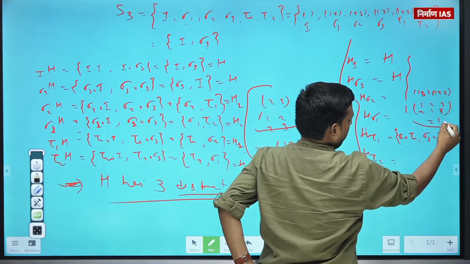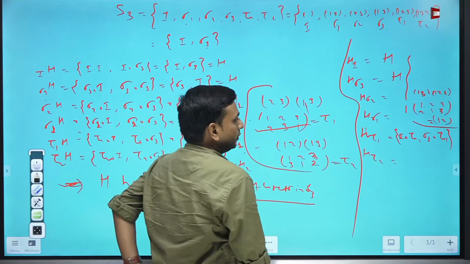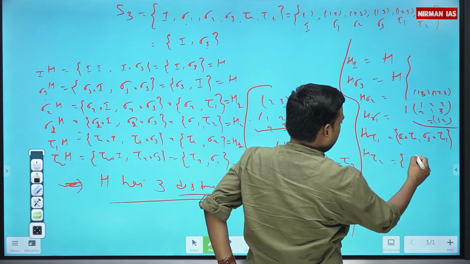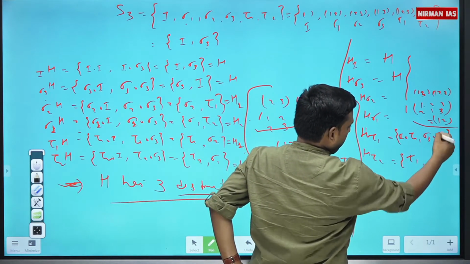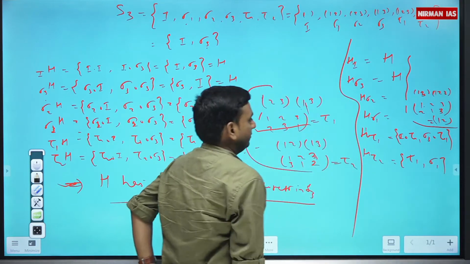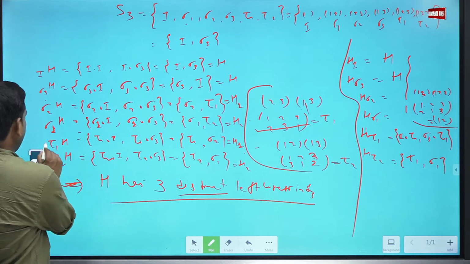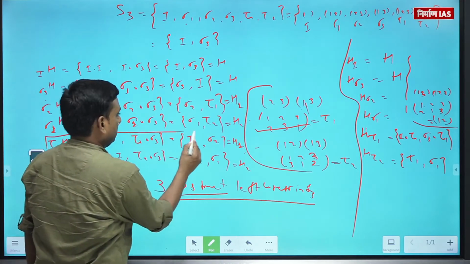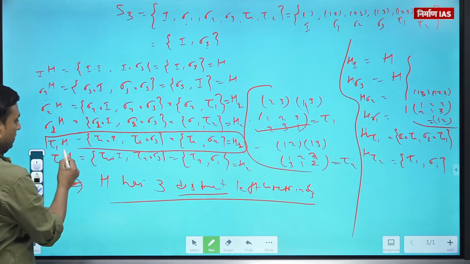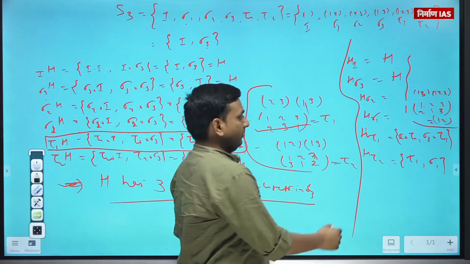So it is coming out as (1 2). So ultimately what you got, dear? Tau 1 sigma 1. Let's check here. Now we have landed up with